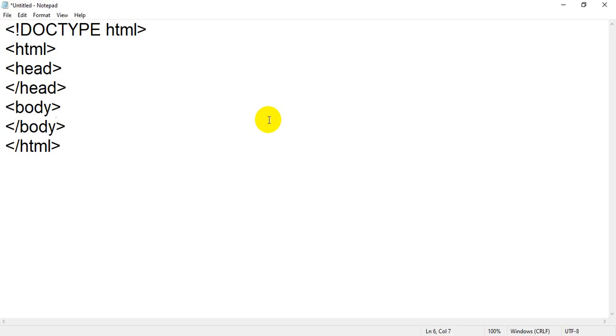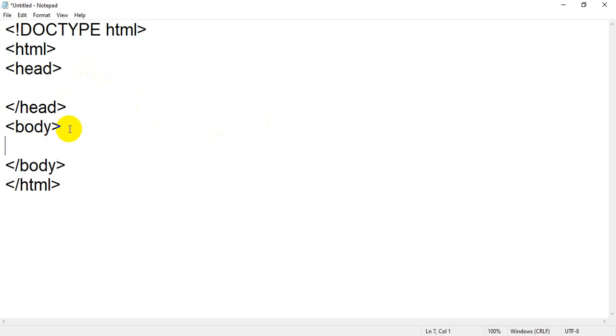These are some basic tags which are compulsory to create any HTML page. Now you have the option, you can add JavaScript inside the head tag, or even inside the body tag. So I am going to add, let me change the background color by using HTML. So I will write bgcolor equal to, I am going to assign orange.